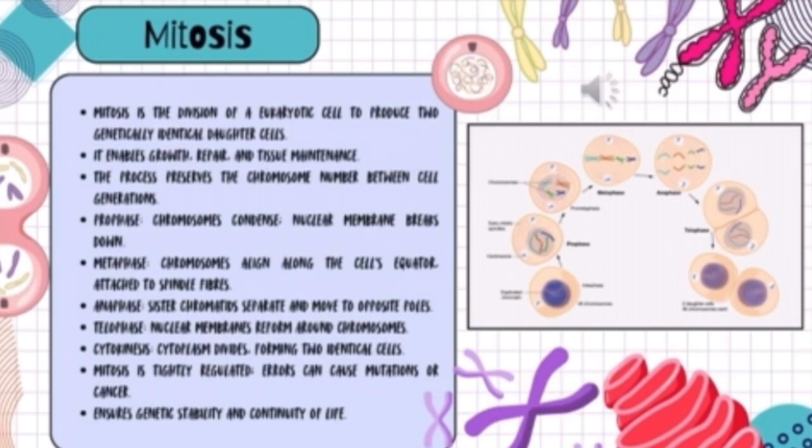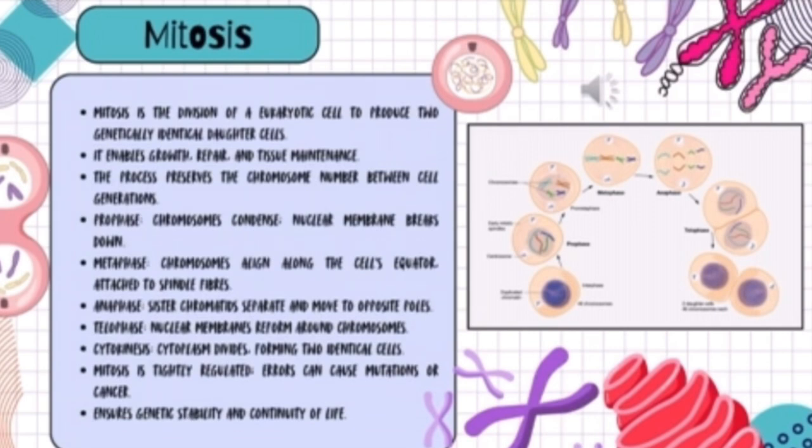In prophase, chromosomes condense and become visible while the nuclear membrane begins to break down. Metaphase aligns the chromosomes along the equator of the cell, attached to the spindle fibers. During anaphase, sister chromatids are pulled apart to the opposite poles, ensuring each new cell receives an